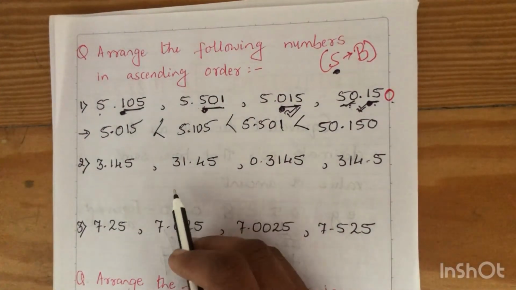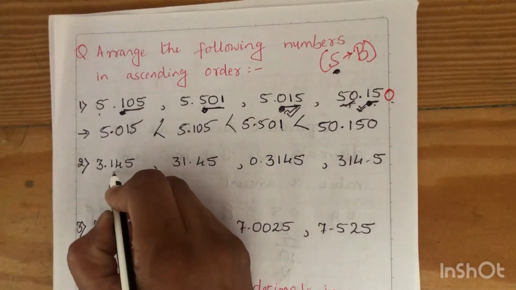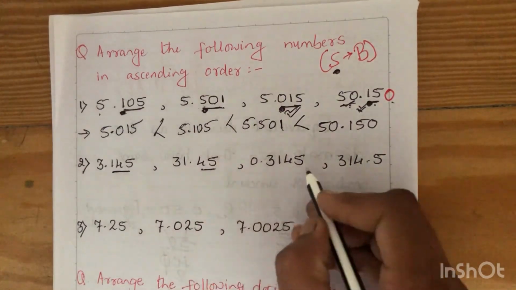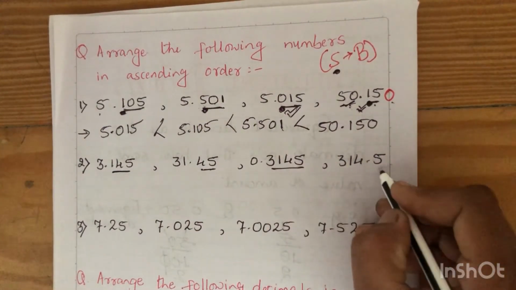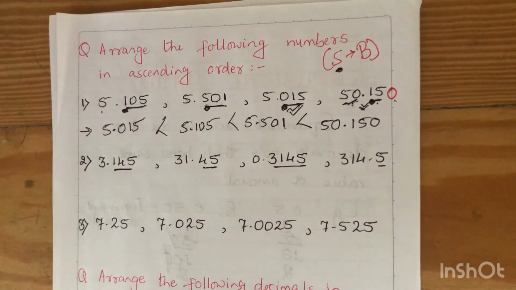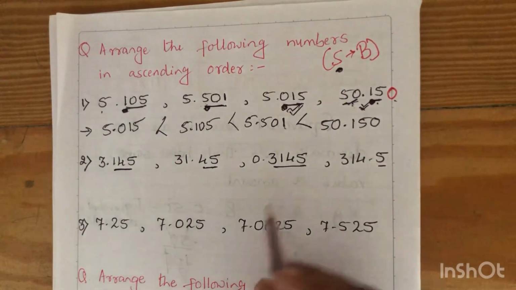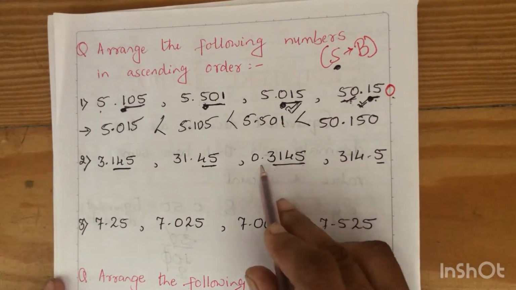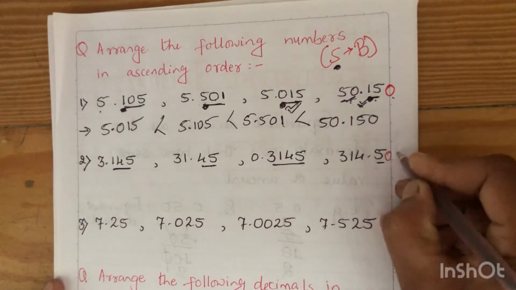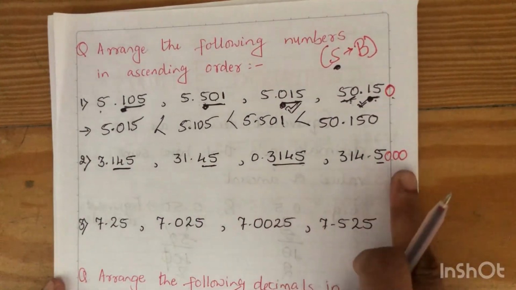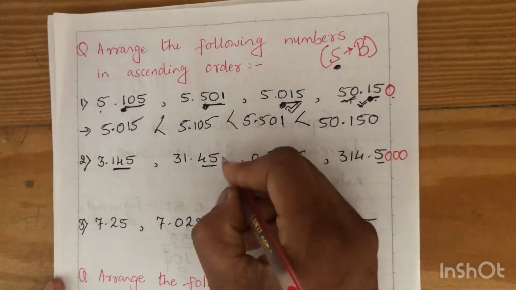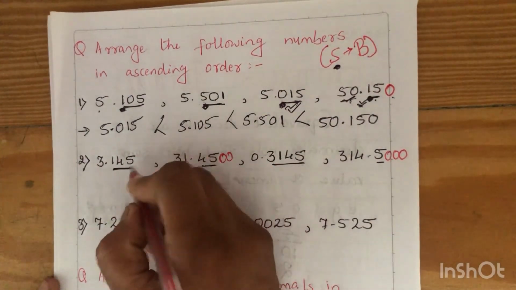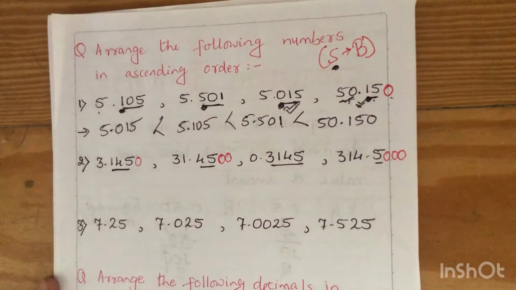So first step, we will make equivalent. Here after decimal point 3 digits, here after decimal point 2 digits you have, after decimal point 4 digits and after decimal point 1 digit. Okay, which are the maximum? Here you have after decimal point 4 digits. So we will make all 4 places after decimal point. So here I need to add 3 zeros. So now it's 4 digits after decimal point. Here I have 2 already are there, 2 zeros I will add up, and now here 3 digits are there, I will add 1 0 to that.